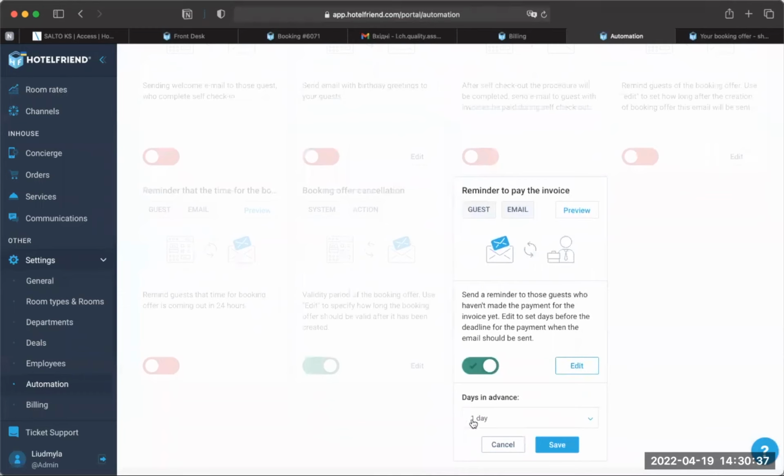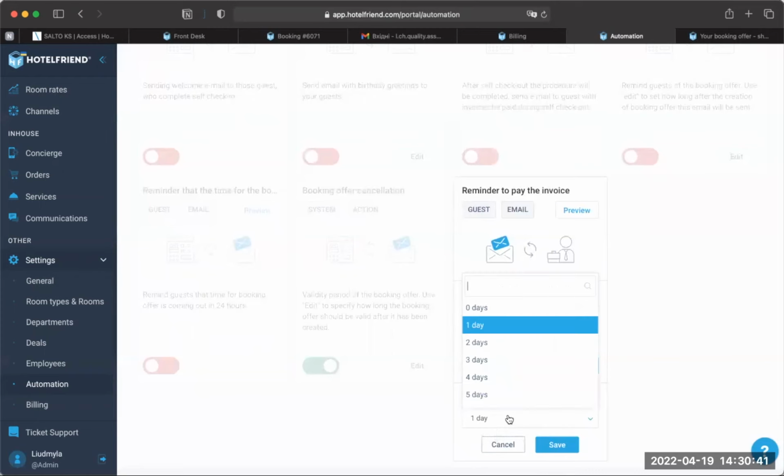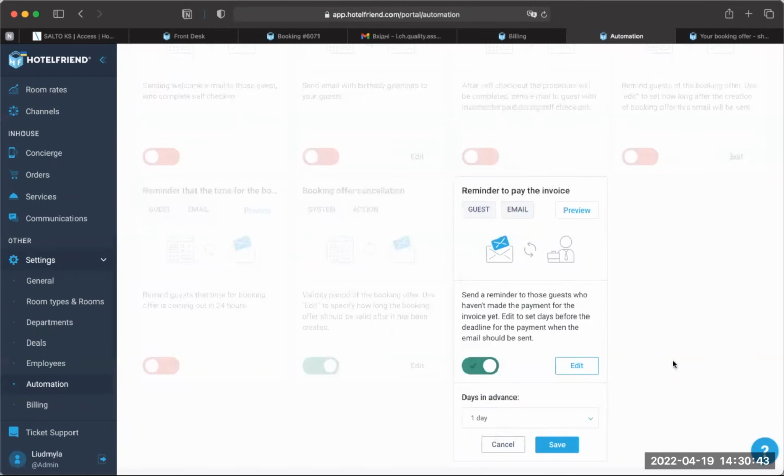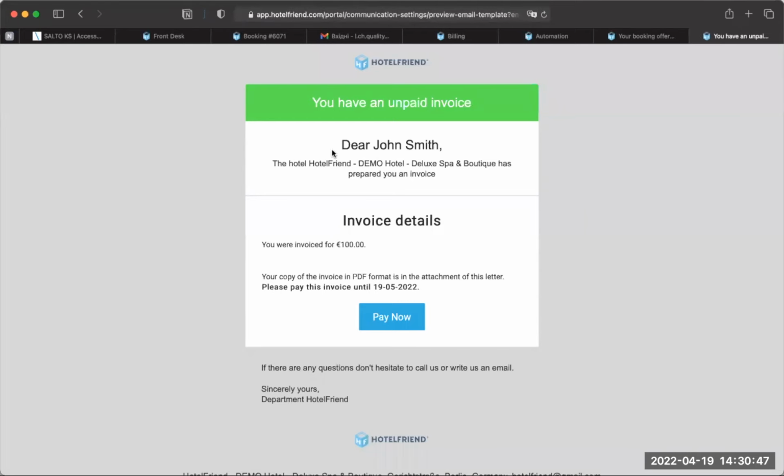So 1 day before the expected payment date, or a few days. And also the template can be editable, but this is pretty much the same message we send when we send the invoice to the guest. When we're sending an expected invoice to the guest, it includes invoice details, the amount the guest is invoiced,